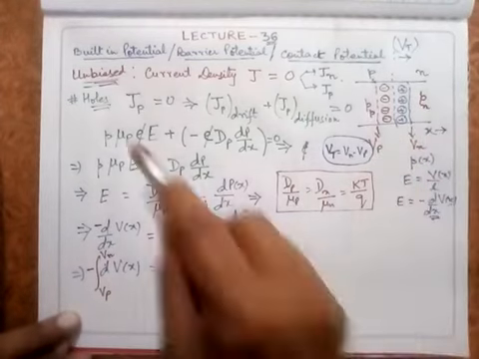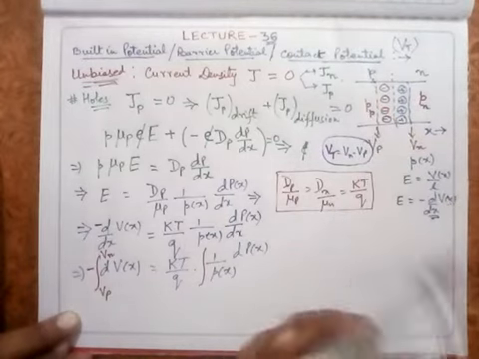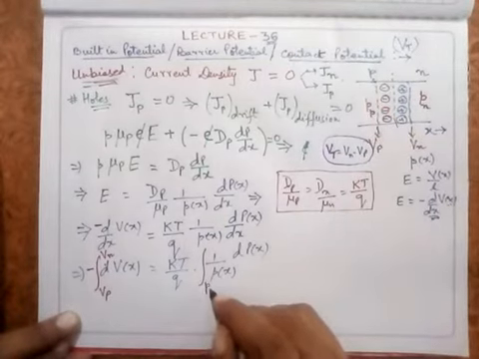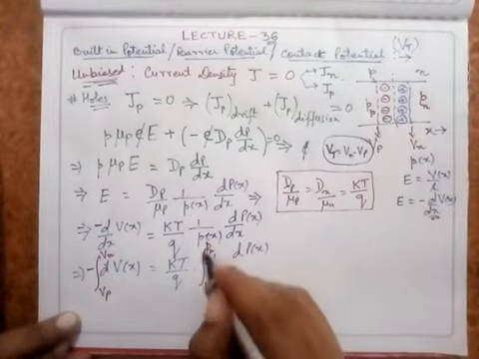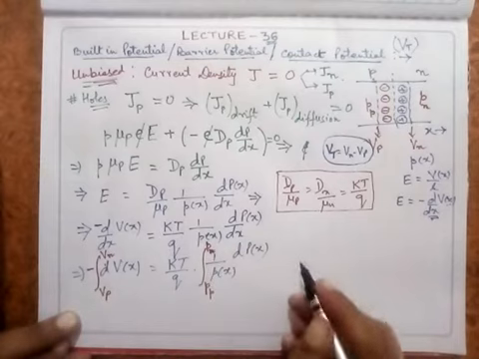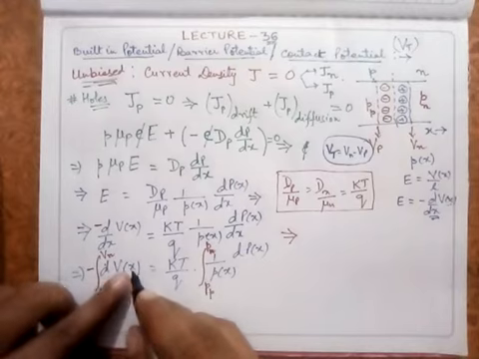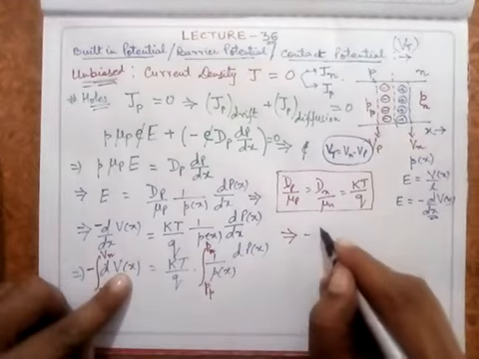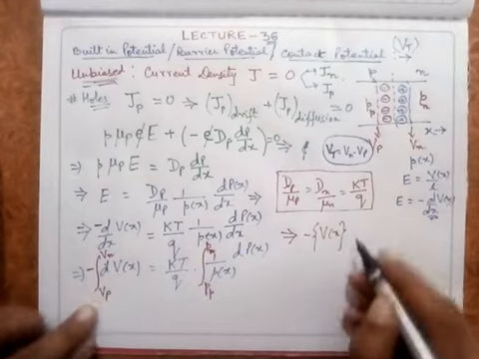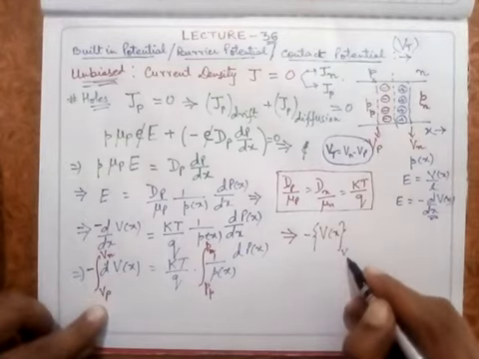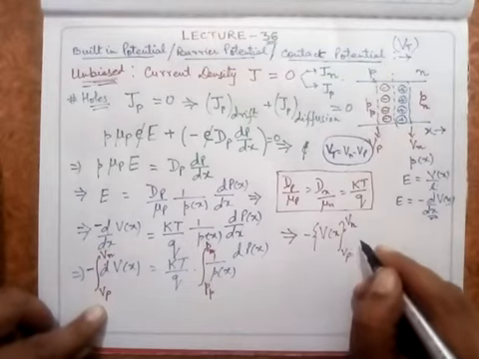Since there is a transition, there is a diffusion of holes from this region to this region, so the initial condition is the holes in the P region and the holes in the N region, p of n. If I solve this, this will be V of x, with the lower limit Vp and the higher limit Vn,